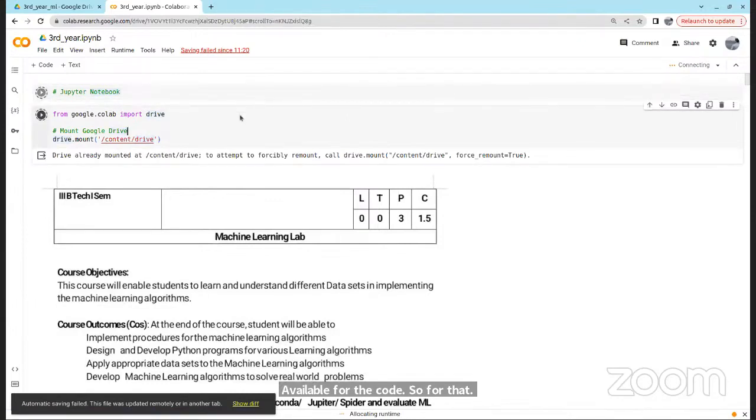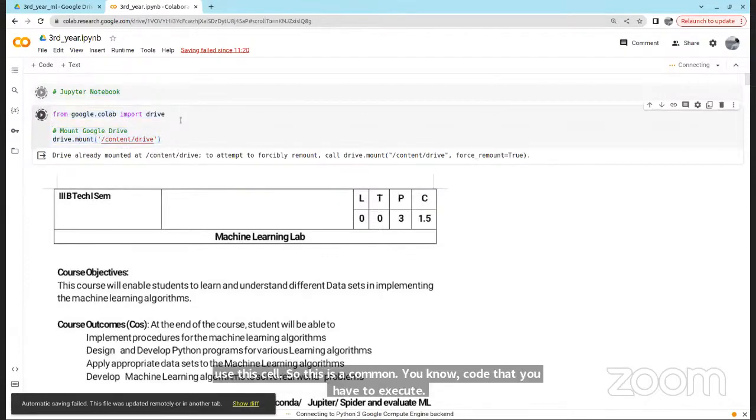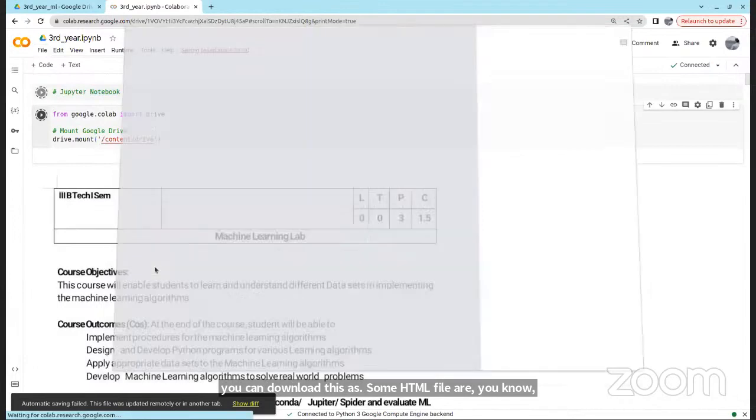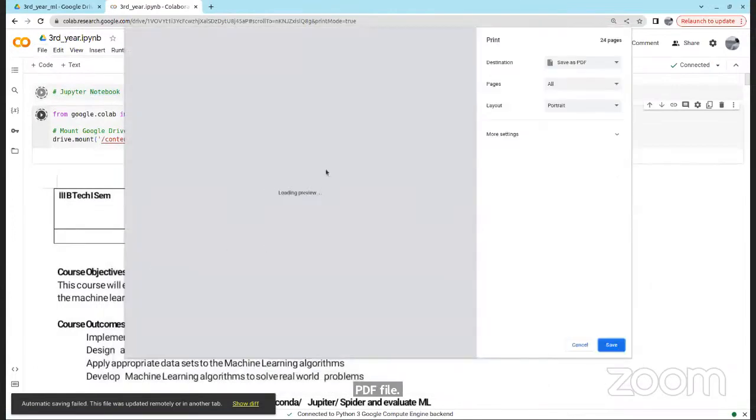So this is a common code that you have to execute in Google Colab whenever you are doing this. Also, you can download this as an HTML file or a PDF file. You can print it, and if you print it, it will save as a PDF. So this you can learn later.